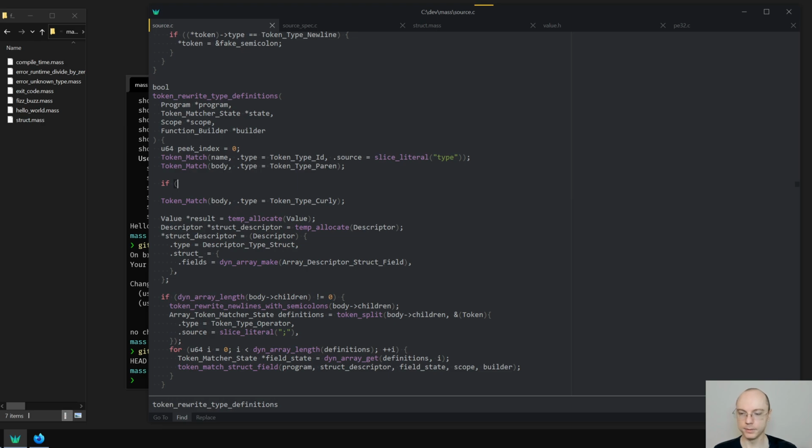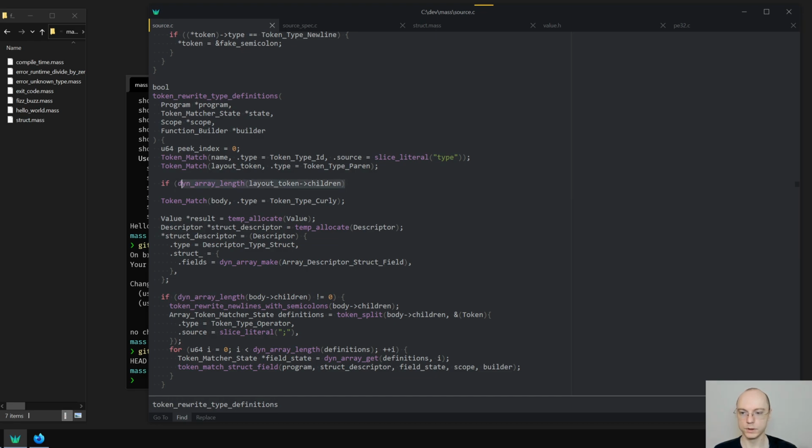We say if. So this is, how should I call this? Layout, maybe? So if layout children or layout token children is,